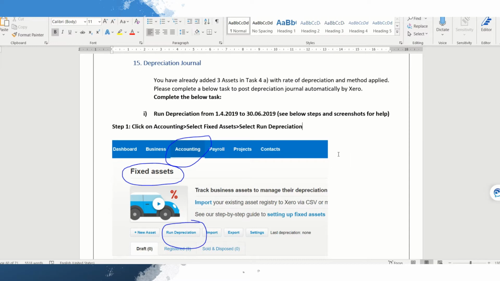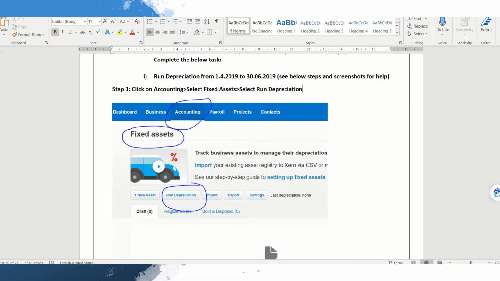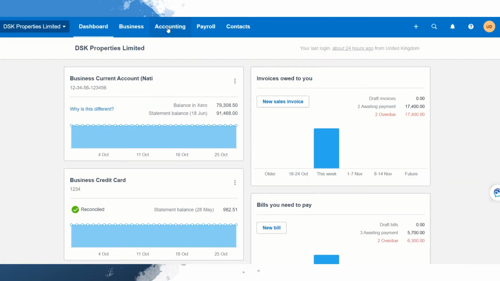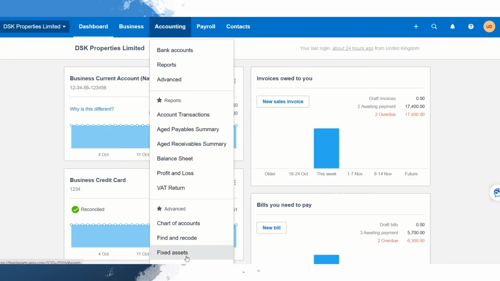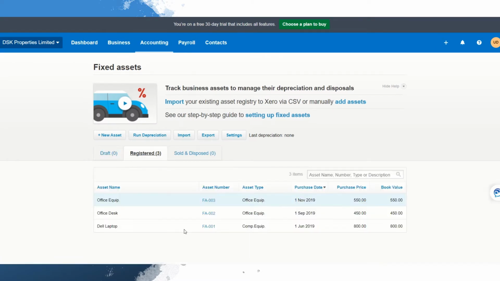So how do we run depreciation on Xero? I have included the steps with the screenshots here. Let's do that on Xero. You go to accounting and select fixed assets. And as we have registered three assets already in the previous task, if you remember,